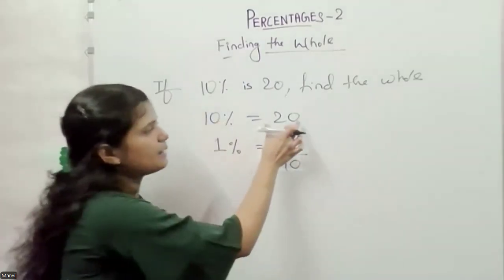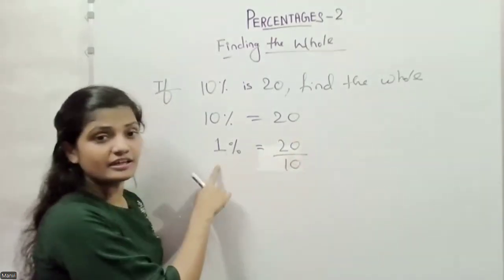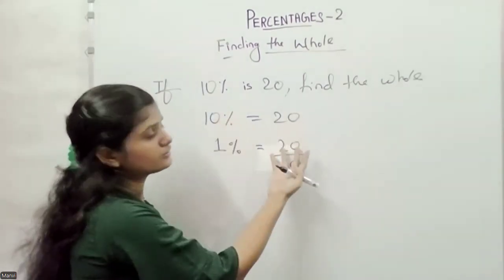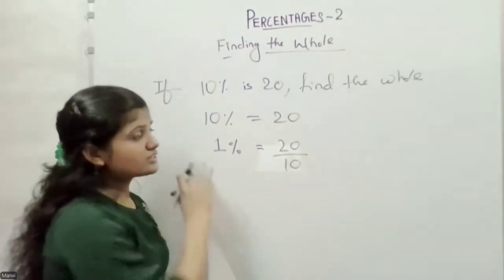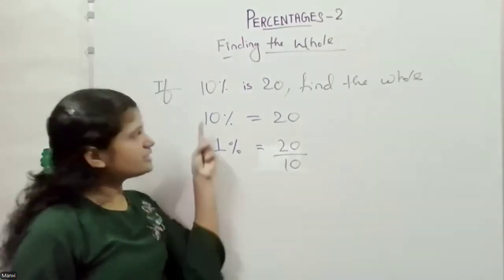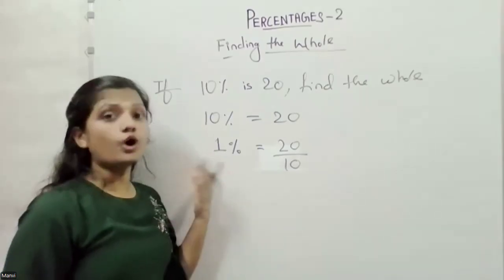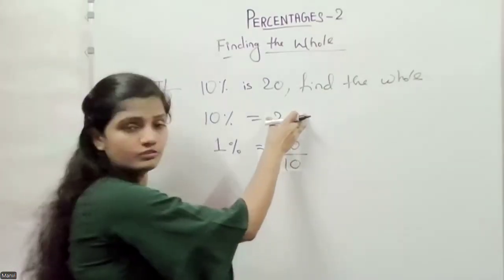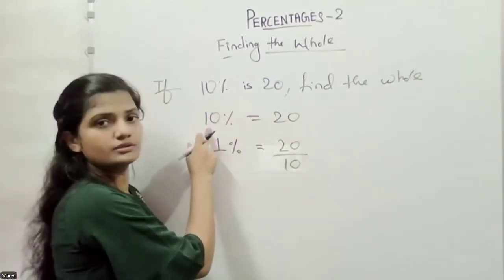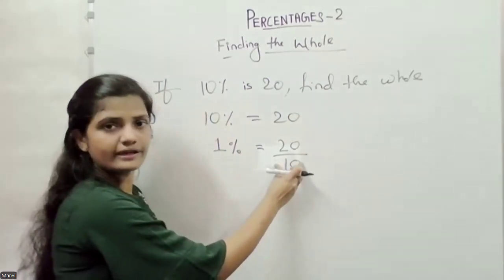Whatever we have here, we are writing as it is. For finding 1%, be careful. Children are confused in this line, about what goes down and what we need to write in the numerator. So this is a very confusing part. Whenever we need to find the value of 1%, 1 is smaller than this amount, so we have to divide. Whatever we already have, write it as it is and divide with this amount. This means this 10 goes down. Yeah, it's only 2.